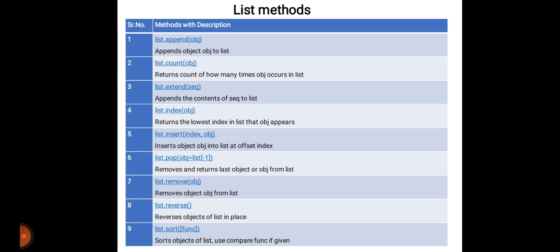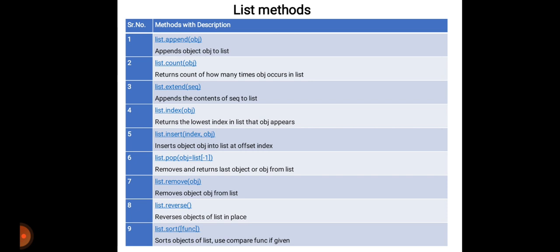Then list.count(obj) means what? It returns the count of how many times obj occurs in the list. Then third one is list.extend(seq) means what? It appends the contents of seq to the list.